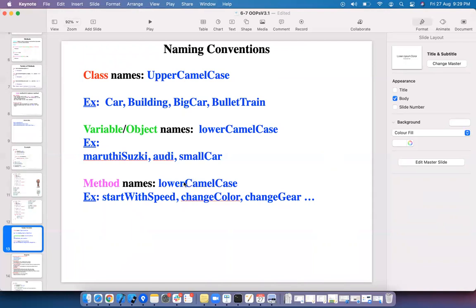Method names are also the same, lower camel case. Upper camel case means the starting letter of each word will be uppercase, whereas lower camel case means the first word should be in lowercase and the next word's starting letter should be capital, camel case.